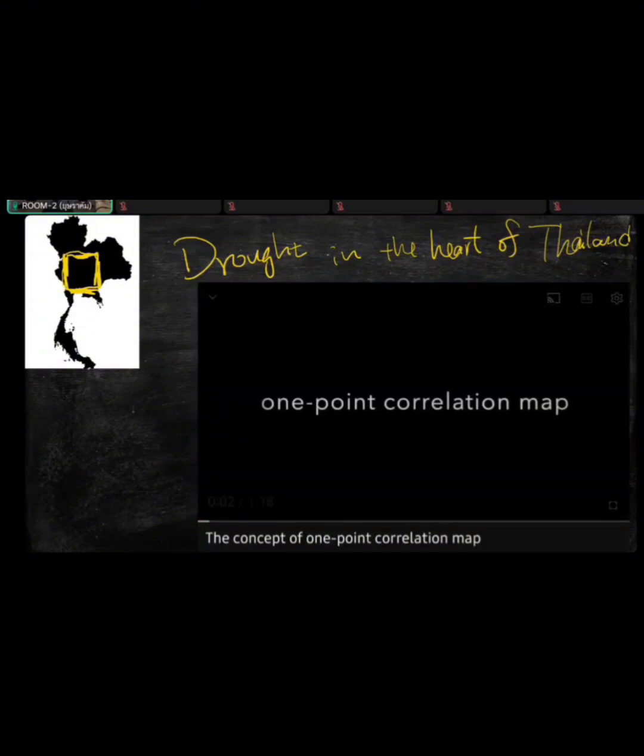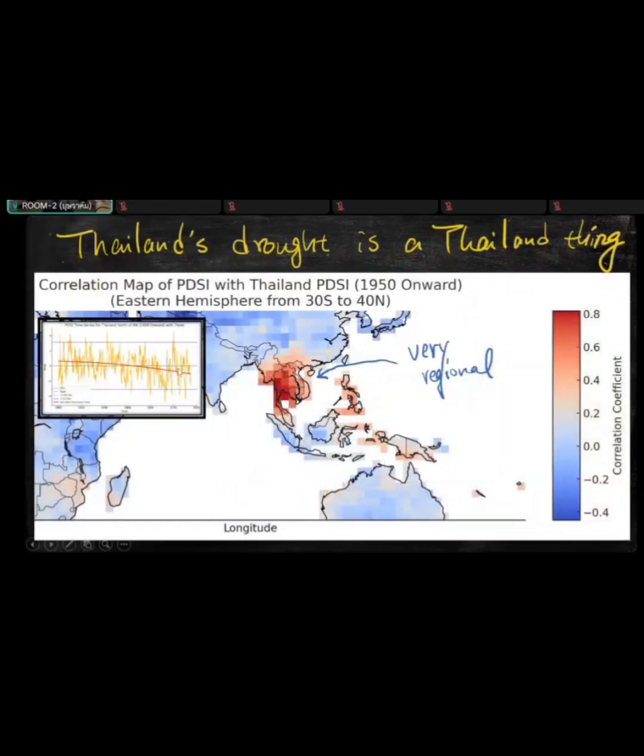Okay. So with that analysis, we can apply this index onto the drought data set across the entire region. Now, this is the result showing you that when central Thailand is in drought, you can see that the radius of influence covers pretty much the entire Thailand and some of the surrounding regions, but the correlation then drops very quickly. So when there's a drought in Thailand, or I should say central Thailand, you can tell from this very simple, straightforward analysis that it is a somewhat local feature.